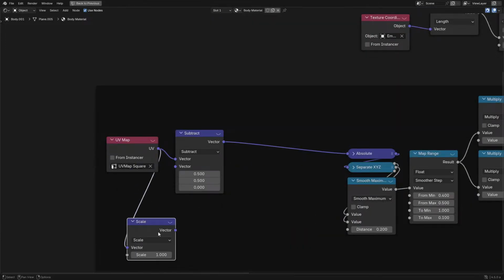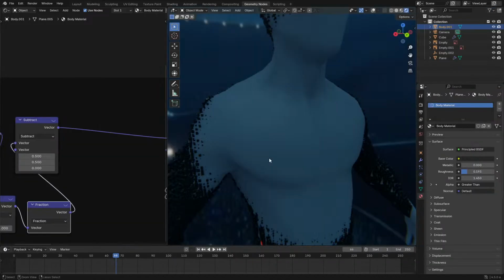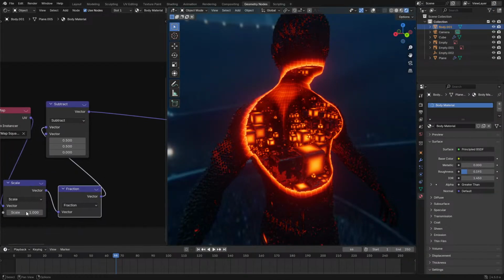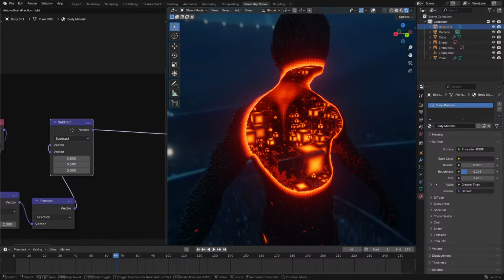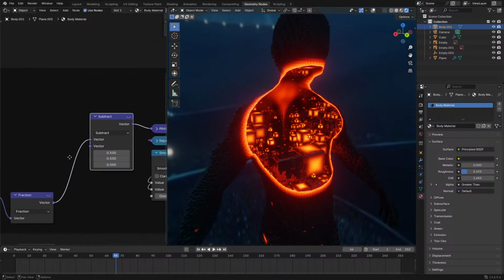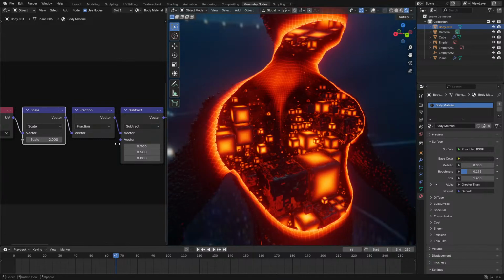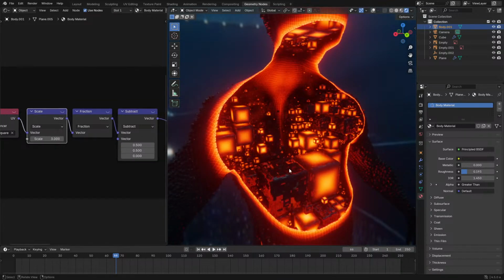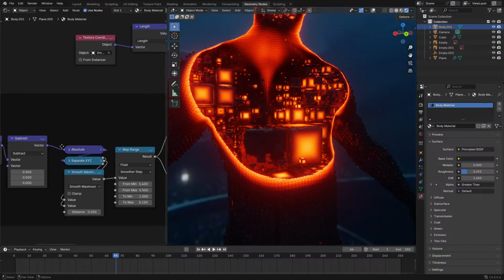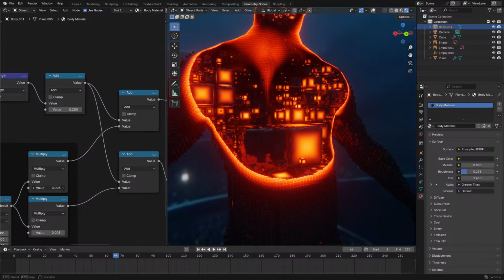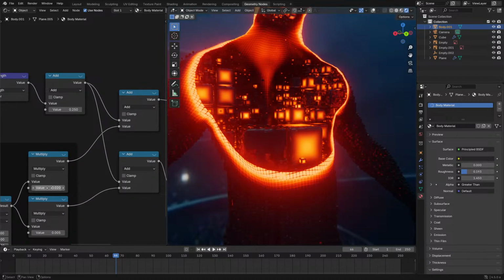Hopefully this does not crash. Please, for the love of God, do not crash on me. Do this. Do that. Okay, that seems to be okay. The viewport compositor is not giving up the ghost just yet. And we could add in a random value for all this, but it's fine. There we go. So now it just looks like it's a bit higher res, even though it isn't. And then we can set that to be like 0.2. There